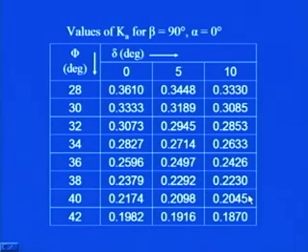It continues to give these values also: 0, 5, 10 and then correspondingly 28, 30, 32, 34, 36 and so on. So, you can simply pick the value of Ka from these standard tables which are available in standard